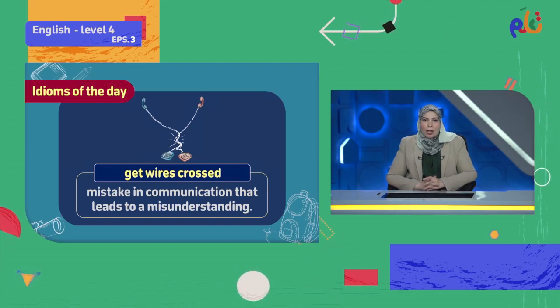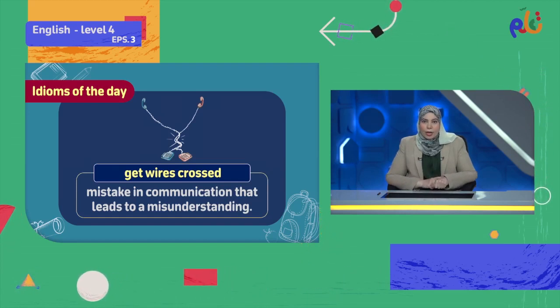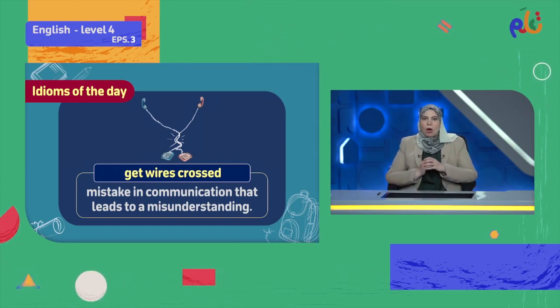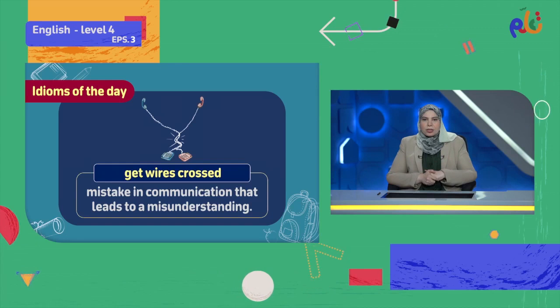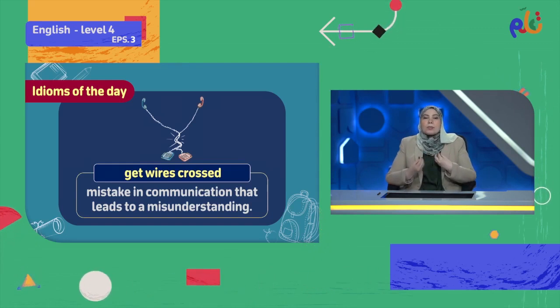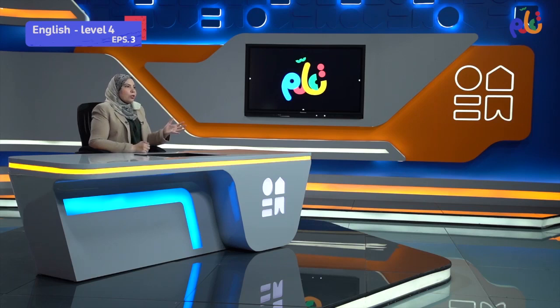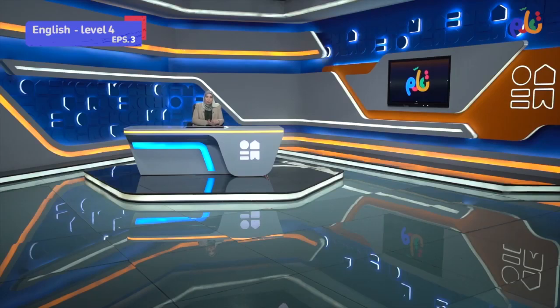So I come to your office at 12 noon and you're waiting for me at 12 a.m., for example. So I say, oh, sorry, we got wires crossed, which means we got some sort of misunderstanding. Or you can tell me, I'll meet you tomorrow, and I suppose automatically that you will meet me at your home. And what I meant, or what you meant, is basically meeting me in my office. So you can say, I am waiting for you in the office, where are you? I say, I'm at your home.